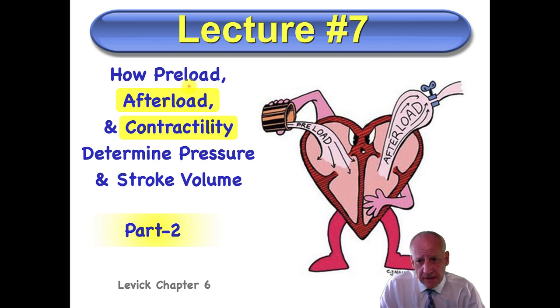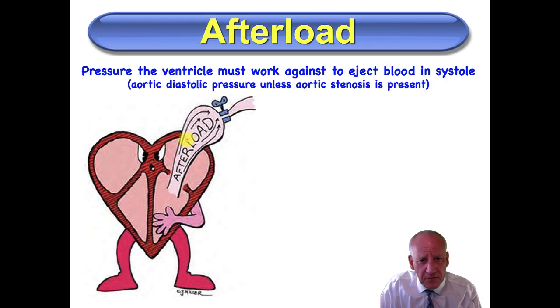In part 1 of this lesson, we covered preload and its effects on pumping performance, as explained by the Frank-Starling length-tension relationship. Now in part 2, we'll finish up by considering afterload and contractility. Recall that afterload is defined as the pressure that the ventricle must work against to eject blood. In other words, it's the pressure that the ventricle must overcome in order to push the blood into the arterial